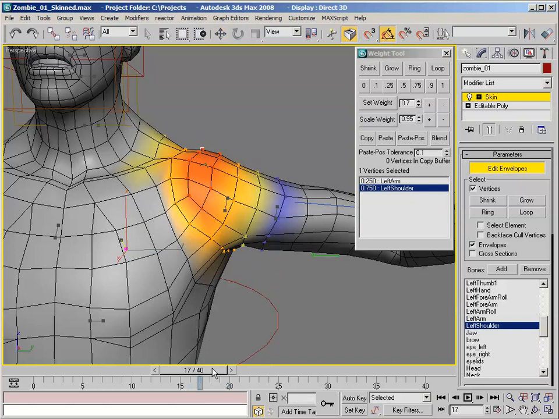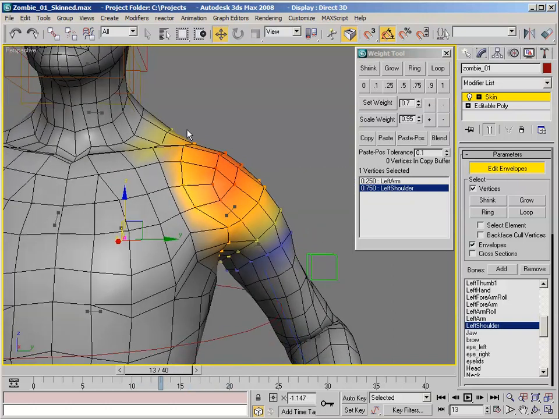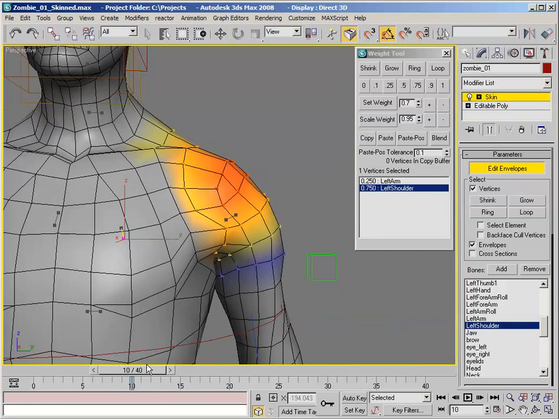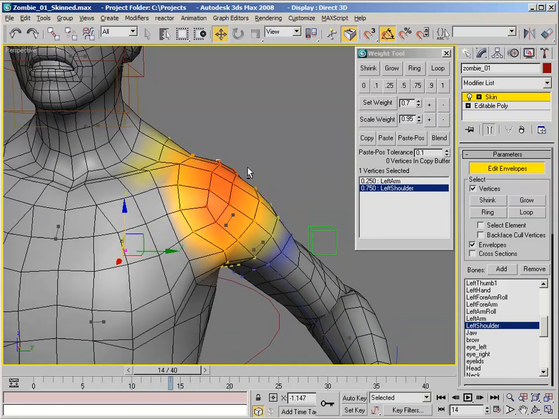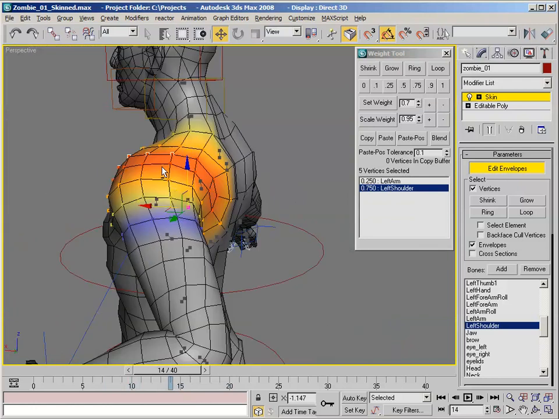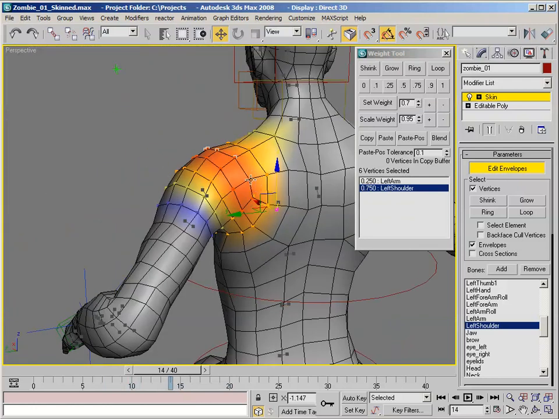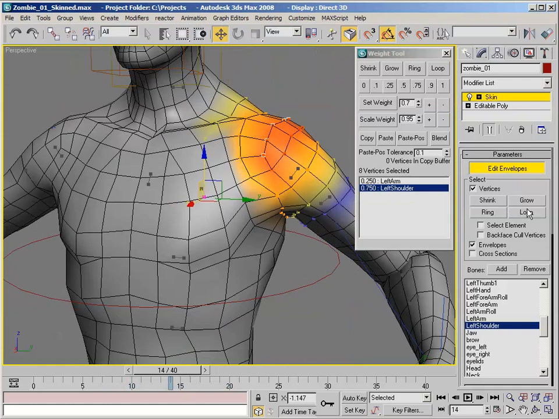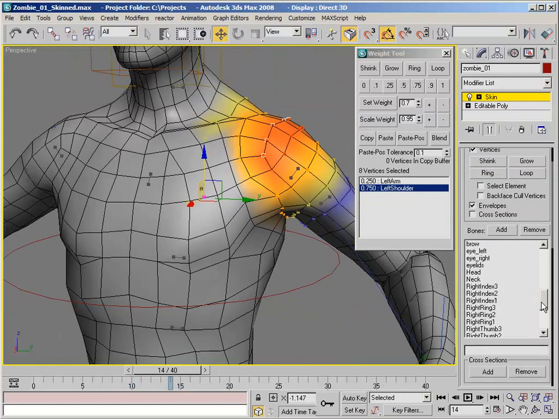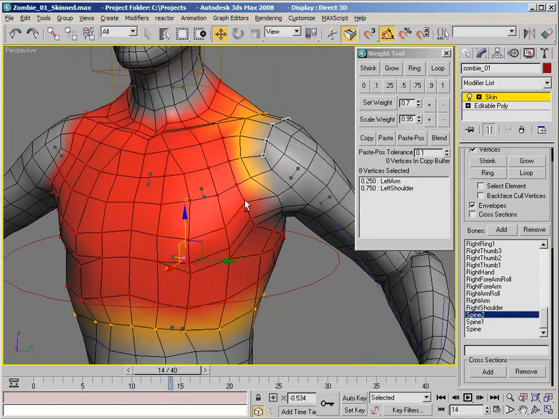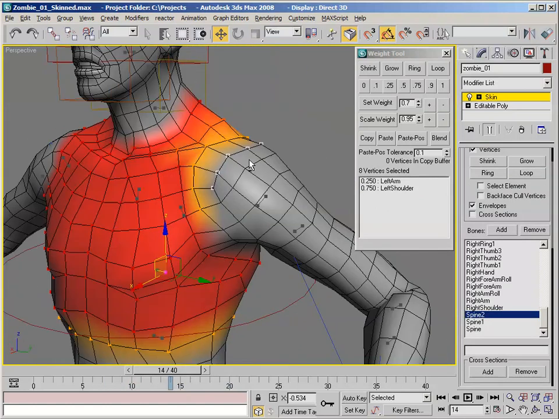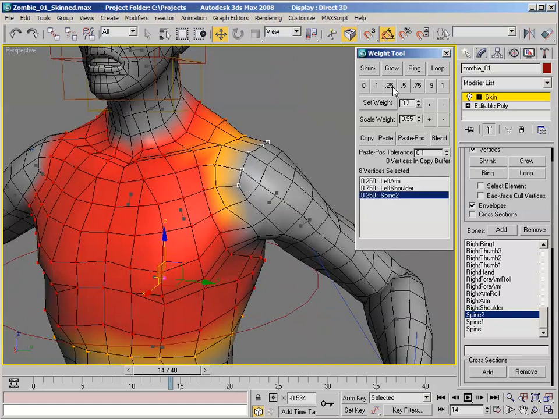As you can see, these vertices are stretching quite a lot. This edge along here is getting extended when we rotate the shoulder downwards, so we're probably going to need to take some influence away from the arm here, since it is currently weighted to the arm. And we actually want to anchor this to the spine so that it's more related to the torso. So if you select the spine 2 joint, that's the highest spine joint, and weight the selection just 0.25 towards the spine,